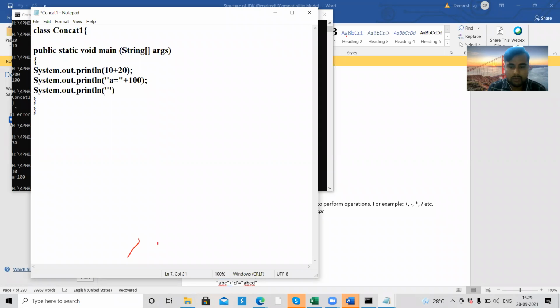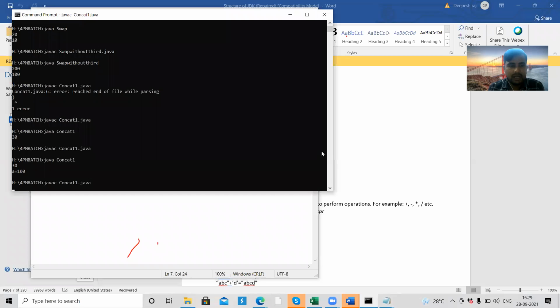Take here 1, 2, 3. So 1, 2, 3 is a digit value, but we are writing it inside double quotes, so it is treated as a string value, and then plus some value. What will it do? It will just concatenate. It is not going to add the value, because 1, 2, 3 is treated as a string value since we have written it inside double quotes.